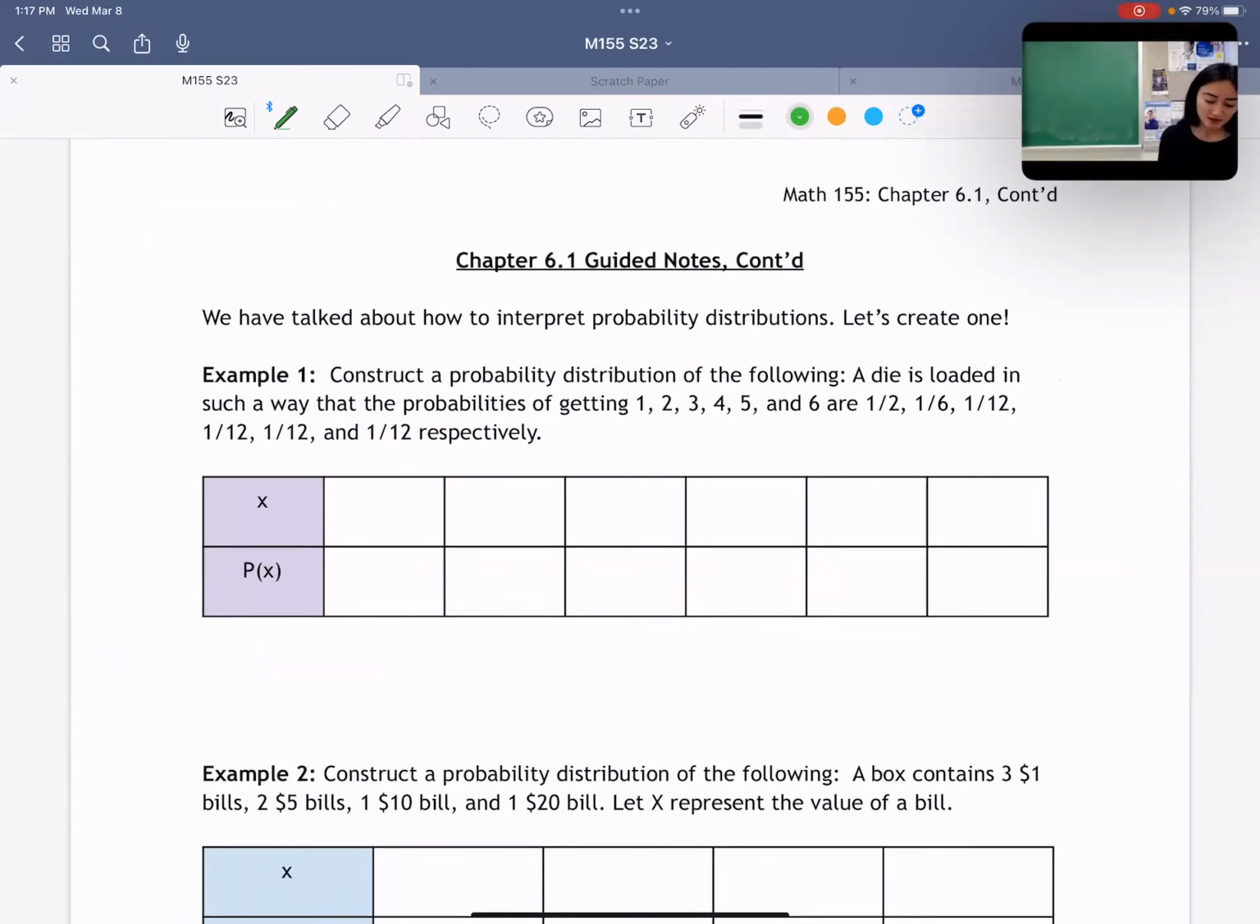Let's say I have a die and the die is loaded in some sort of way. Does anyone know what a loaded die is? It's like you put a weight on one side so it will come out. Yeah, it's like a die where there's a weight on one side, so it's more probable to get some numbers than others. Usually a die has equal probabilities for every single number,